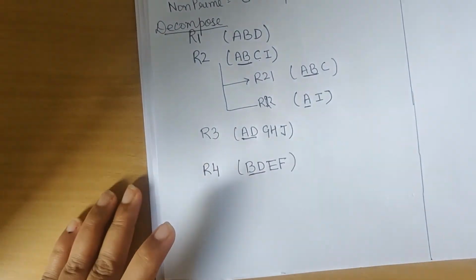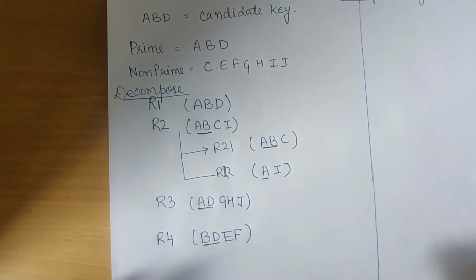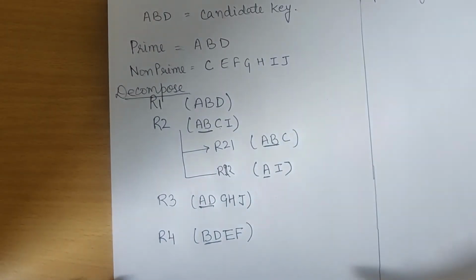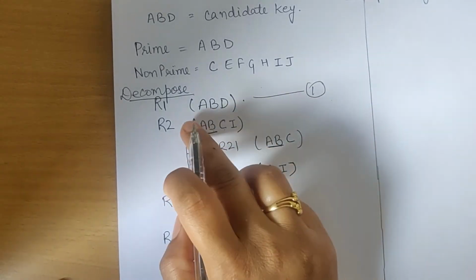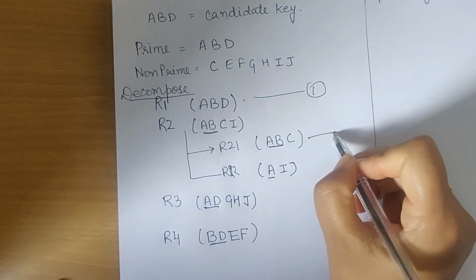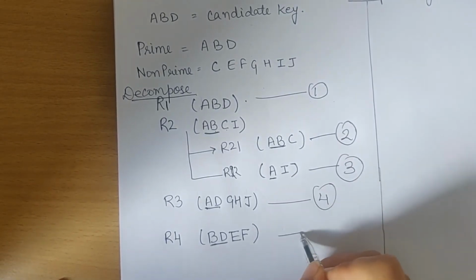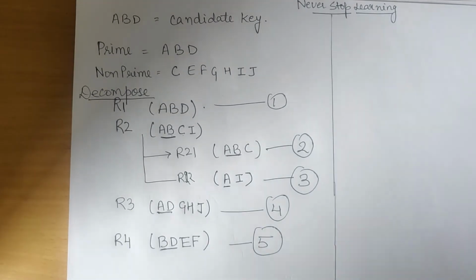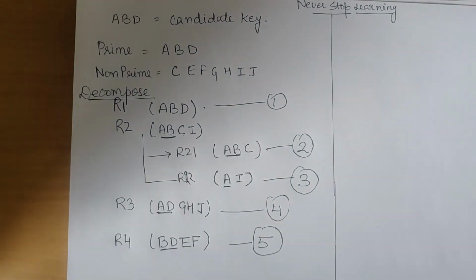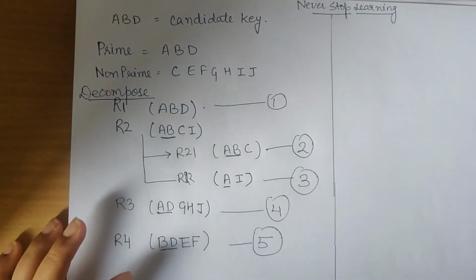So here, if you can see, how many tables is this relation R, which we got in the first step, decomposed into? It is decomposed into 1. Then this is further decomposed, so we will not count this. We will count this 2, 3, 4 and 5. So relation R is decomposed into 5 tables, and now we can say that this entire relation is in 2NF. So like this you have to do when you check for second normal form.